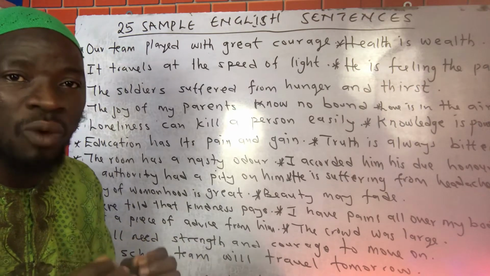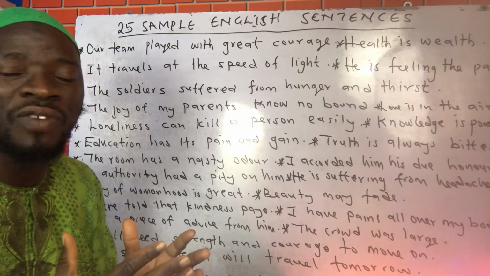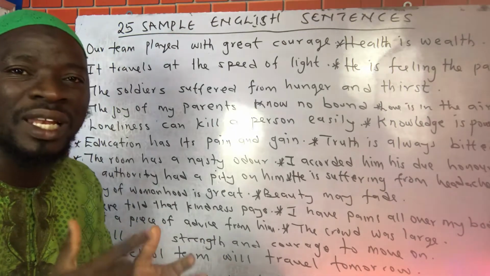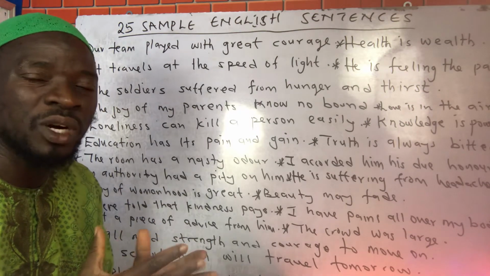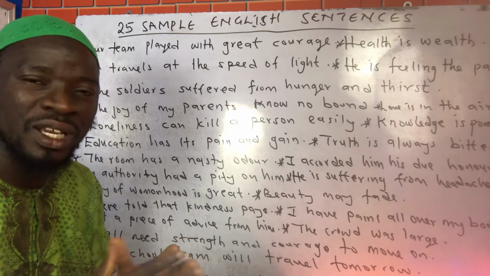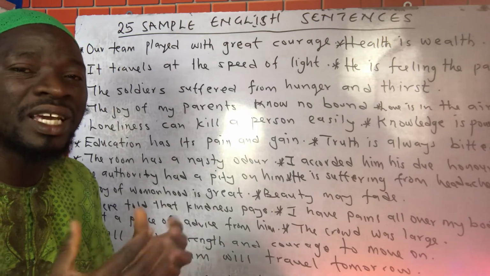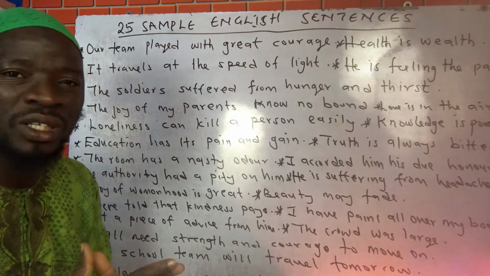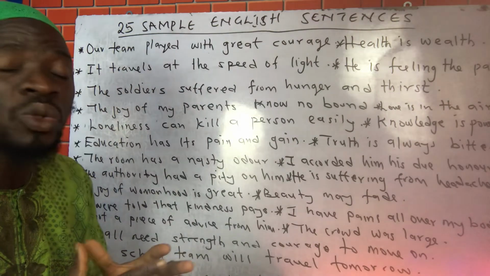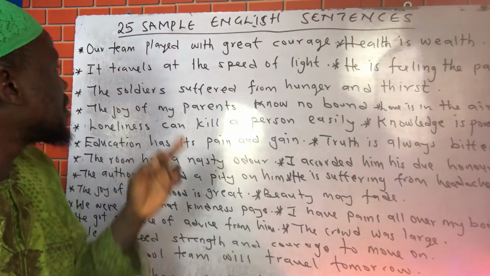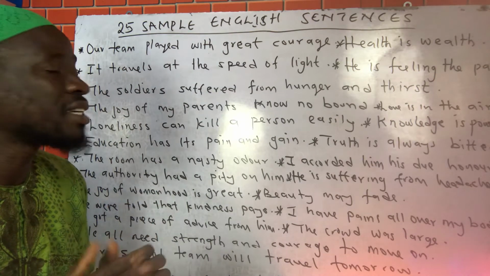And we know that language is made up of some variants, among which is the letter, then the article, the words. Afterwards, we can have phrases. Then, after phrases, we can have clauses, then sentences, then paragraphs, as we have mentioned in one of our previous videos. And not to take much of our time, the first example: our team played with great courage.